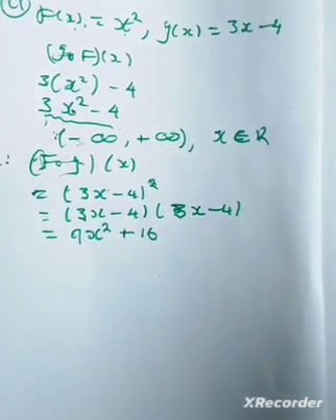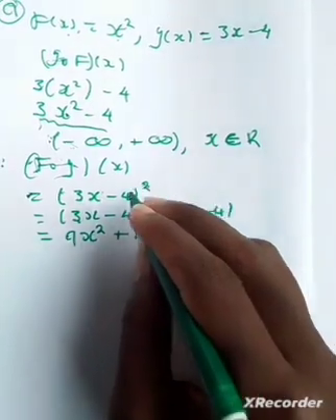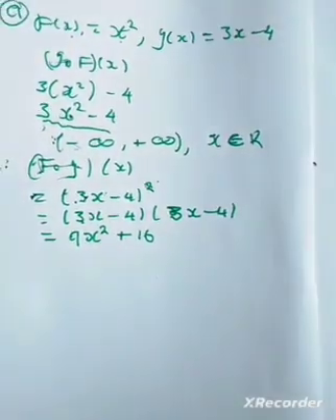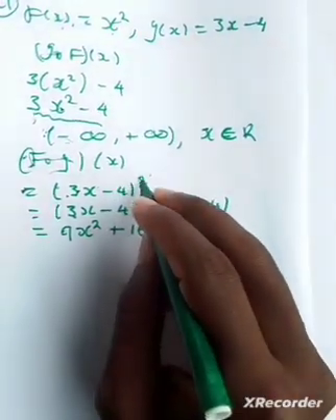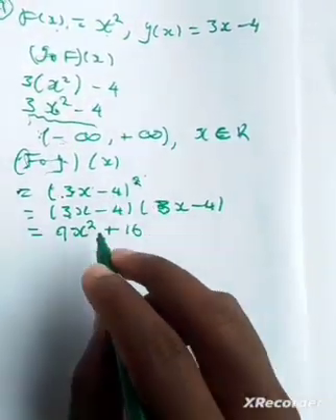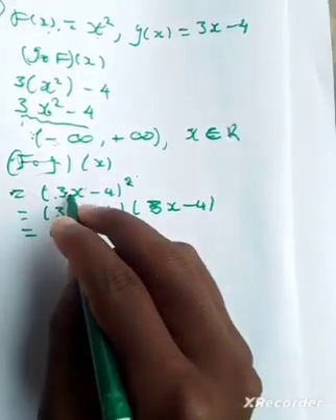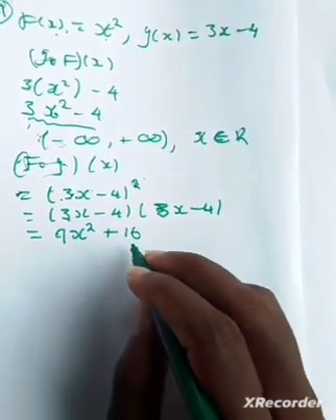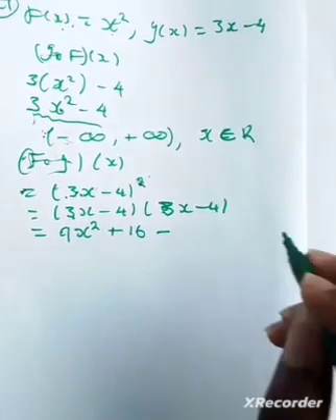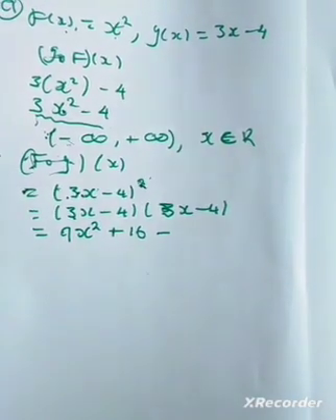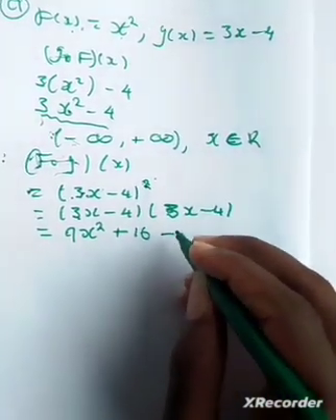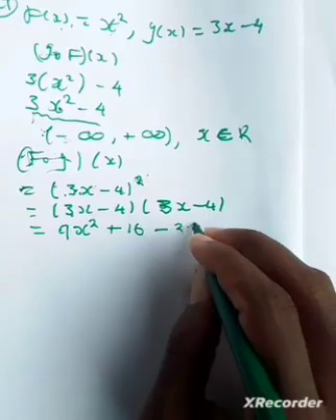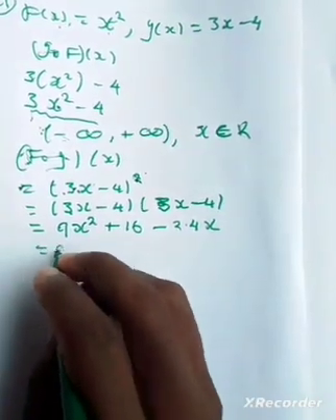I'm showing you the short method. So 2 times 3x, 2 times 3x, that is what? You only use this short method if it is raised to the power of 2, okay? So 2 times 3x is 6x, right? 6x times negative 4, that will be negative 24x. So we finally have,